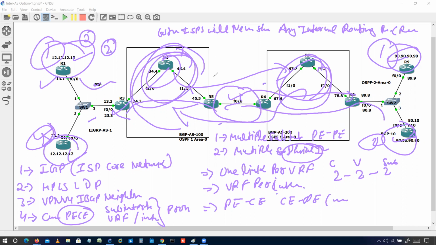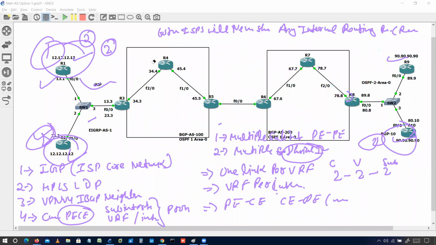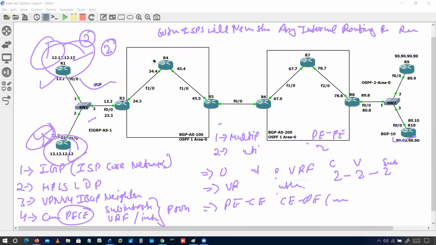And if I talk about the labels, because we need some labels to make the communication, so when we come to the labels, we will be having labels only from here to here. It means this path will be labeled, this path will be labeled, and here this will be an unlabeled output.